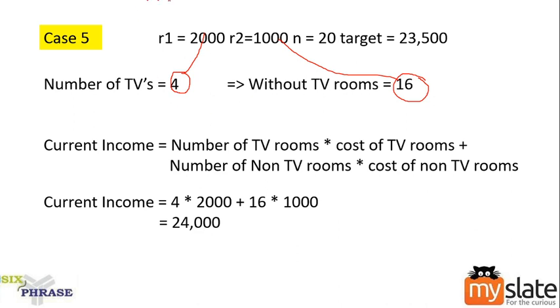So all the calculations which I did here are only for one day. This 24,000 is dealt only for one day. Which day did we consider? We considered August 31st alone, and I had a target for August 31st alone. So what did we do? We started with 0 TVs. We tried to find out after how many TVs can I achieve my target on that particular day. That was what we tried here.